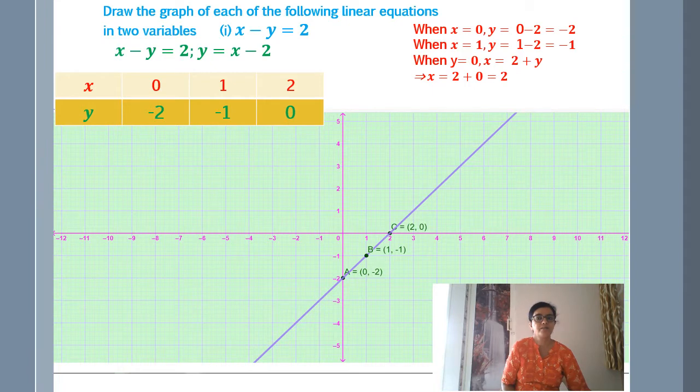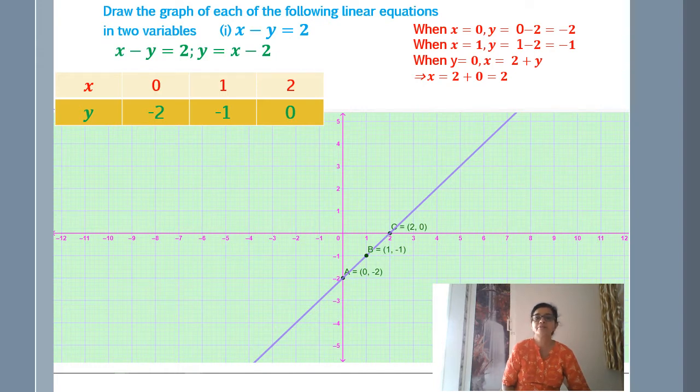Students, here we are having a linear equation in two variables. We are going to draw a graph using the information, and as you all know, a linear equation in two variables has infinitely many solutions. Here I have taken three random values of x and found the respective values of y. Thereby we will get three pairs of coordinates, and we will plot the graph using these three pairs of coordinates.